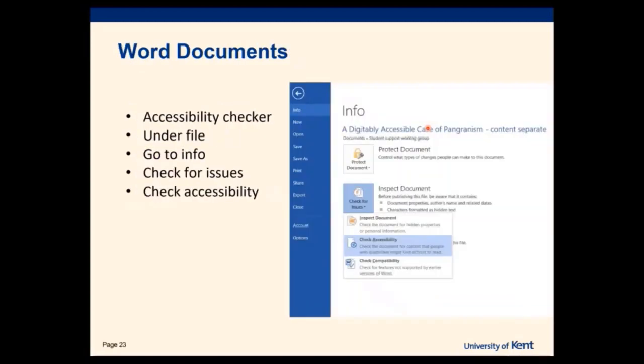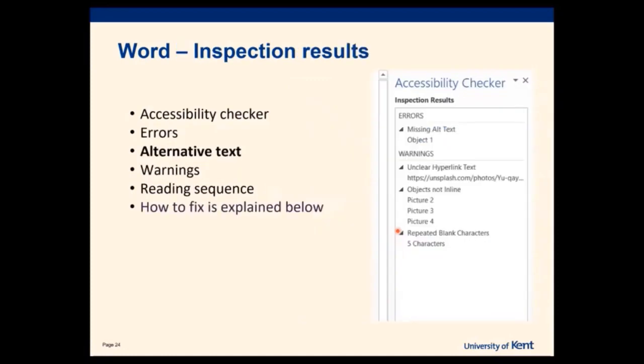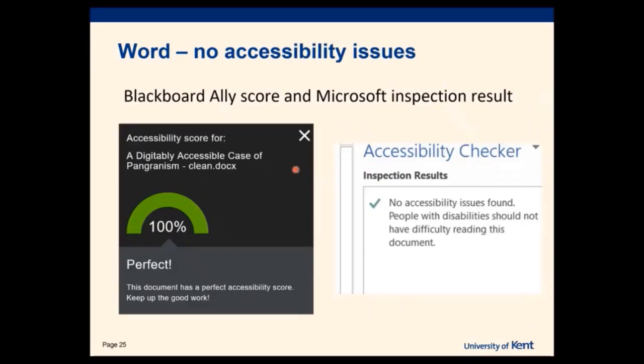So how can we address that? Well, Microsoft Word have made it extremely easy for anybody to check for accessibility, and you can follow the instructions. It tells you how to correct the errors. One of the key things is introducing alternative text, like I showed you with the ONS image, and it will give you a score at the end to tell you that there's no issues.